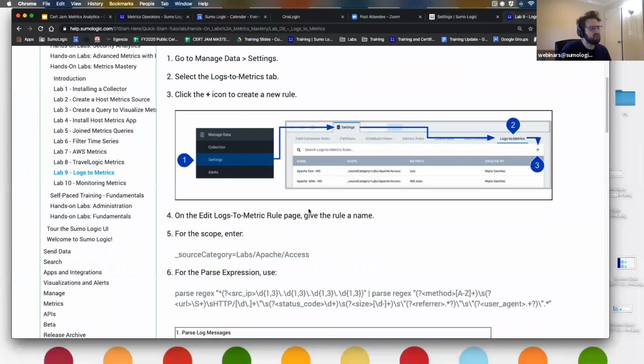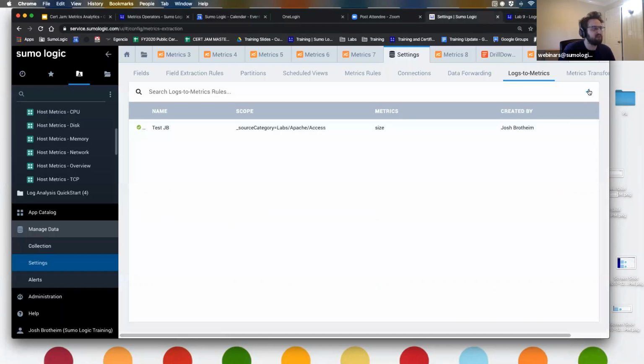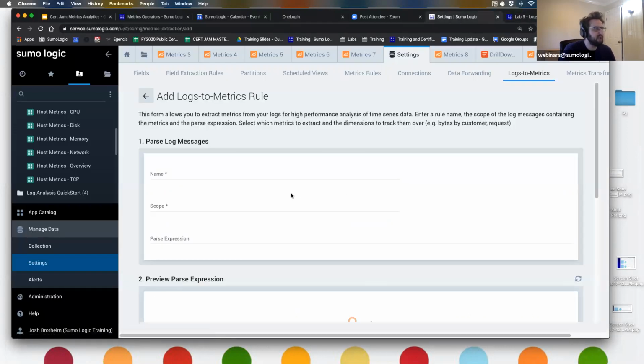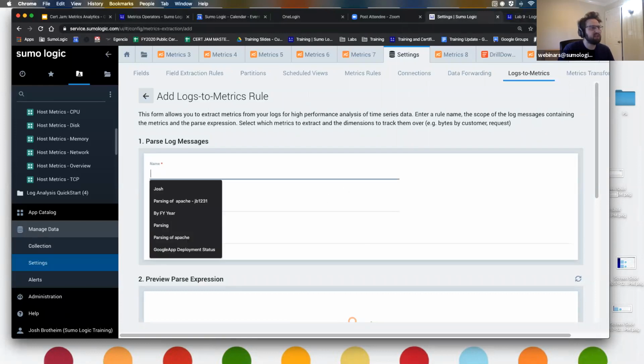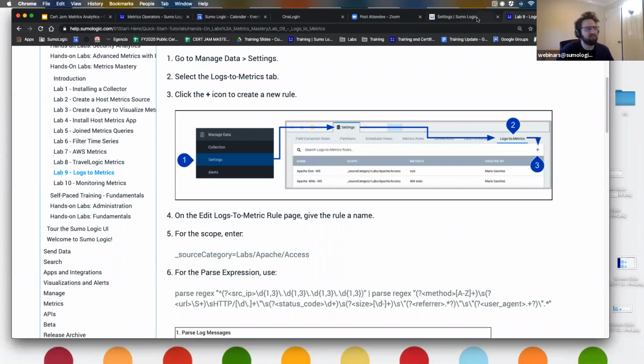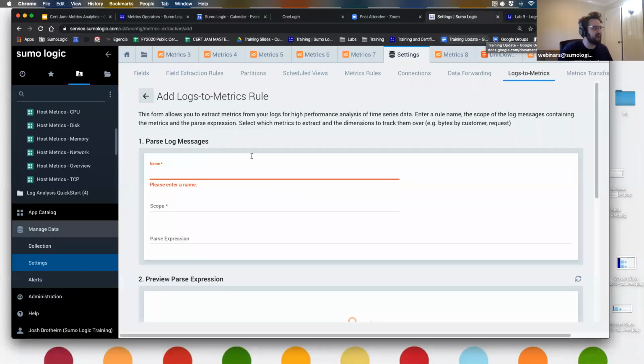So how do we do it? Well, we kind of fill in the blanks, but of course, it's a touch more advanced than that, but not too much more. To create one, we're going to just click on the plus sign, and we're going to fill in the blanks. So the first thing is we want to give this a name. And the name can be anything, just an identifiable name. So I'm just going to call mine Apache